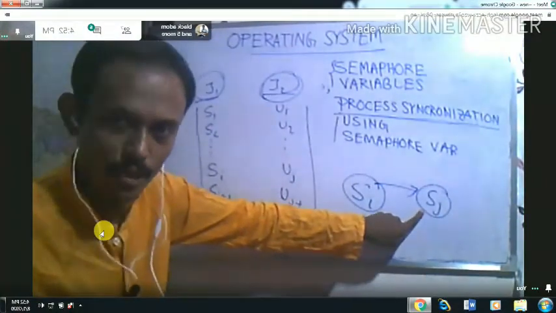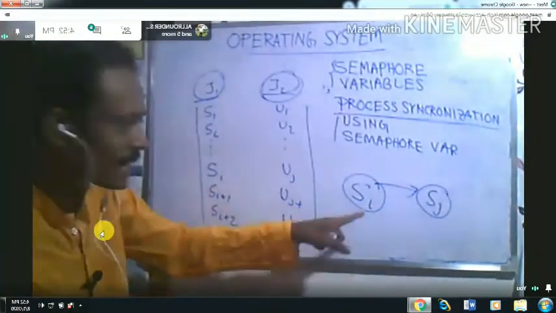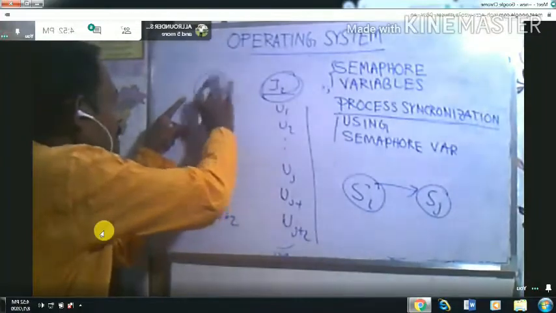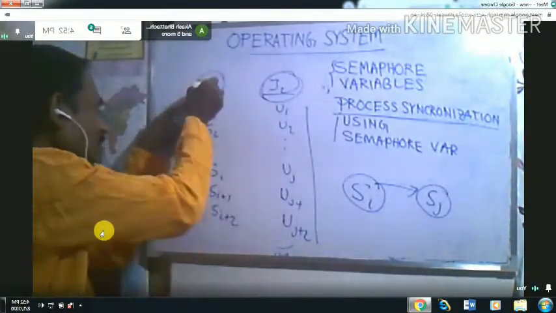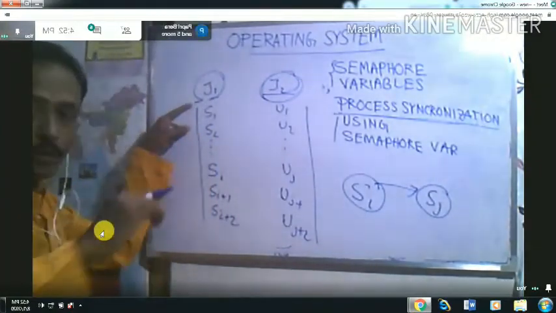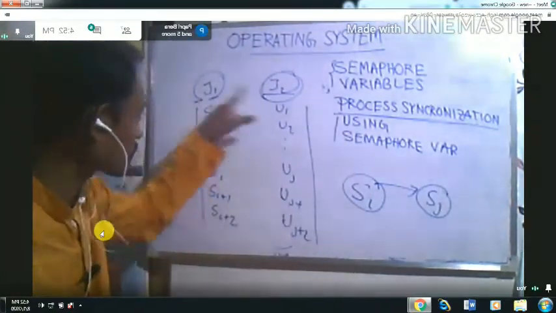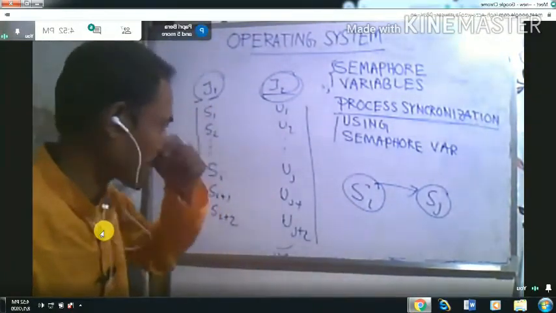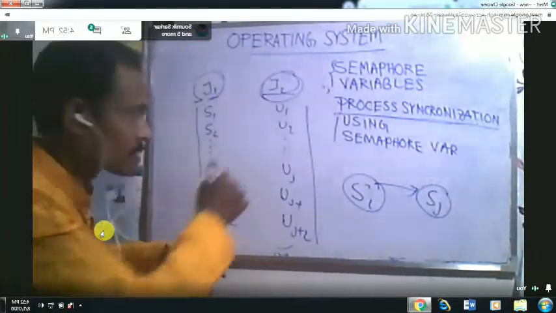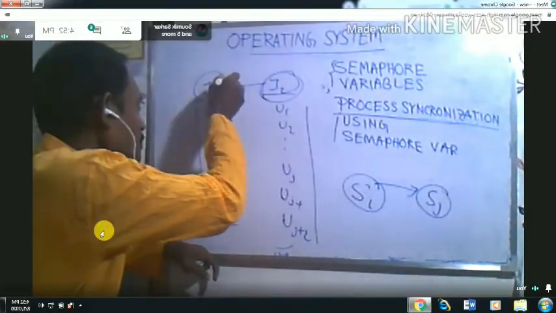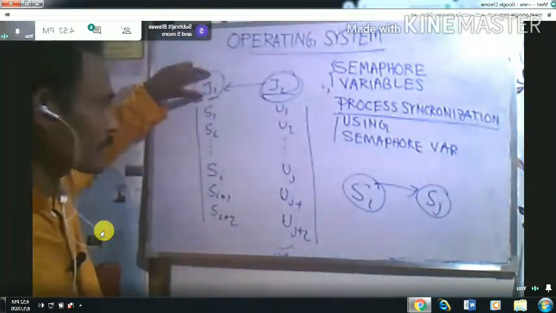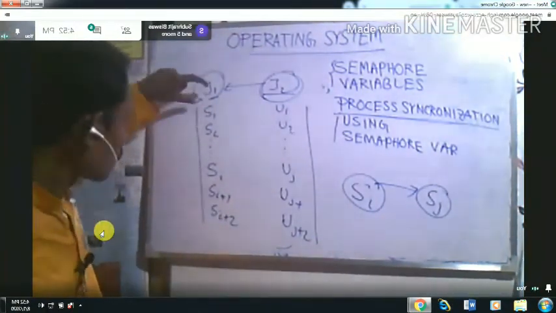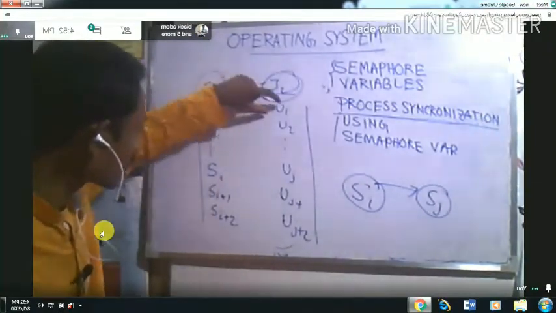But suppose this is a process, this is another process, and the condition is that this process is dependent on that process. That means at first we will execute this process, then only we can execute the other, and within each process there are multiple statements.